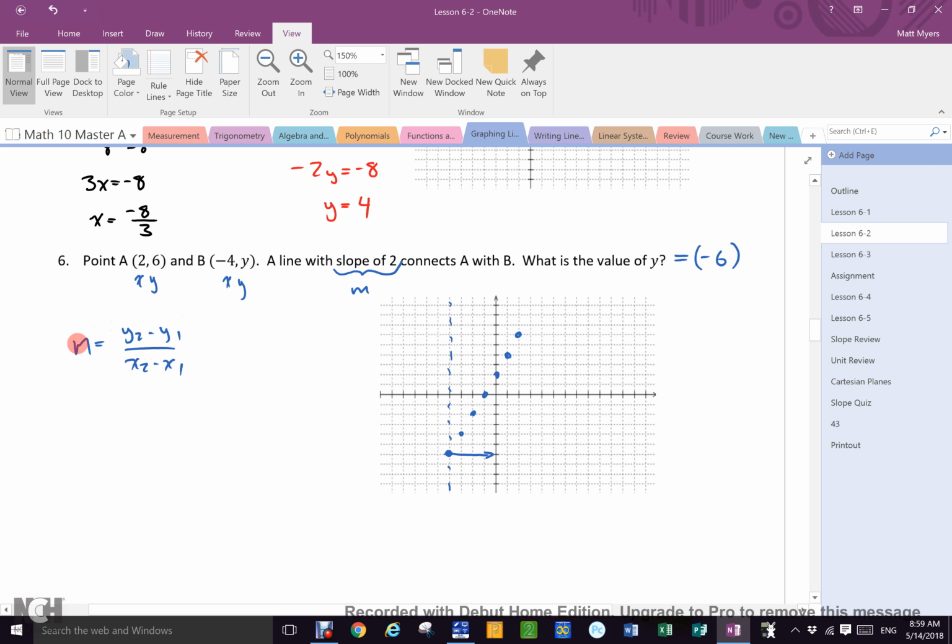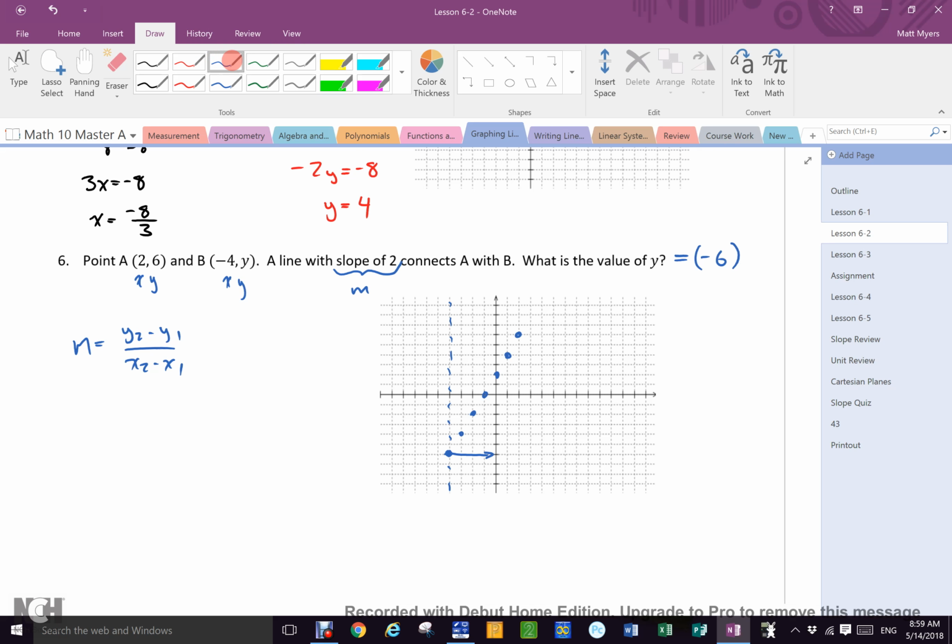Let's do this with algebra. What goes in for M? Read the question. What goes in for M? 2. But slope is rise over run, isn't it? So shouldn't I make that a fraction? How do I make it a fraction? 2 over 1. Exactly what Maria did. Well done. I can read sign language. I can't really. But